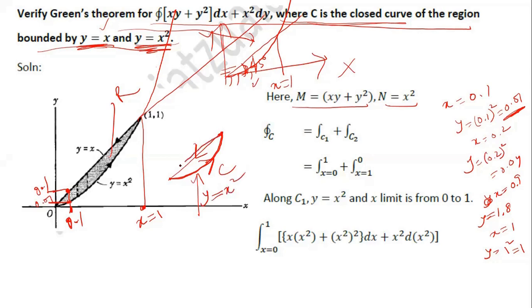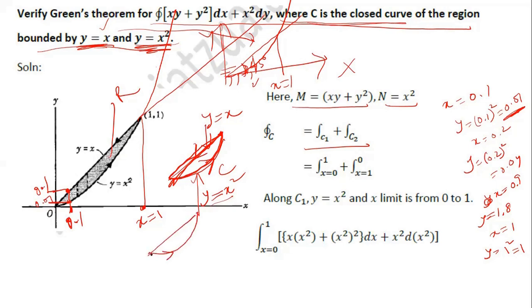But from this point to this point, the equation here is y equal to x. So in order to perform the loop integration here, we have to split the loop into two sections: the first loop C1 and the second loop C2. So we are dividing into this, that is, y equal to x squared line and y equal to x line, right? So if we have to traverse this curve in a positive, anti-clockwise direction, what we have to do